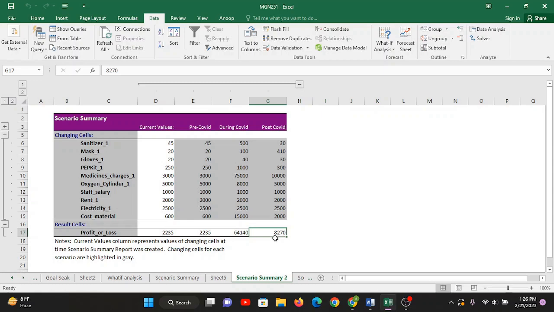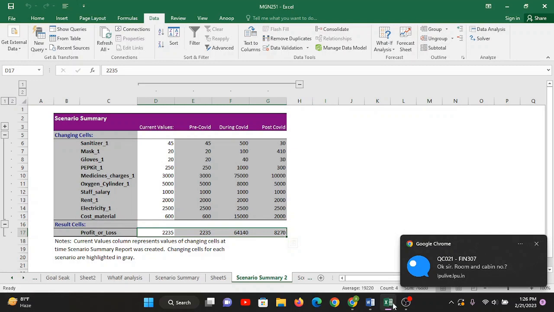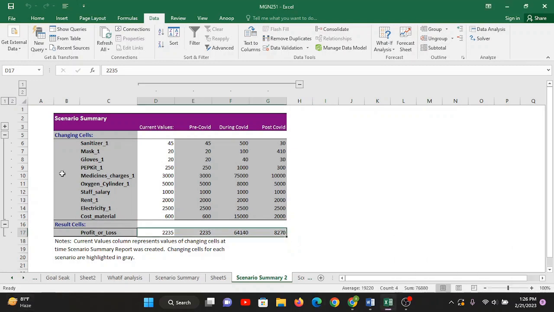Ultimately, this is what is expected from you. This is the scenario summary, your actual output, where you have got your results in a very systematic manner. All these points have been labeled properly. One is you need labeling to be done, second is your output should be proper. It is only possible when you do it using this what-if analysis, and the topic is